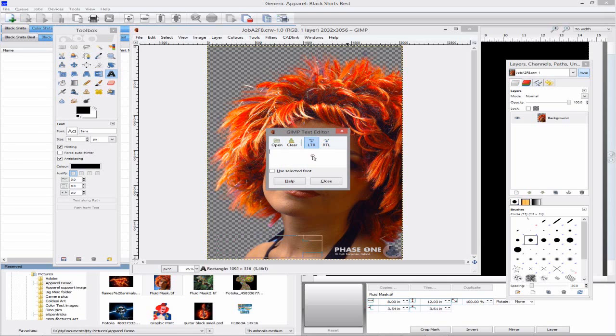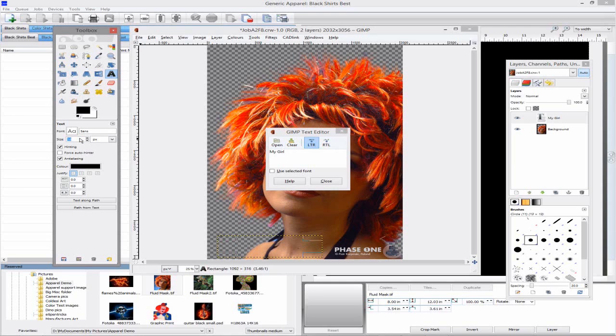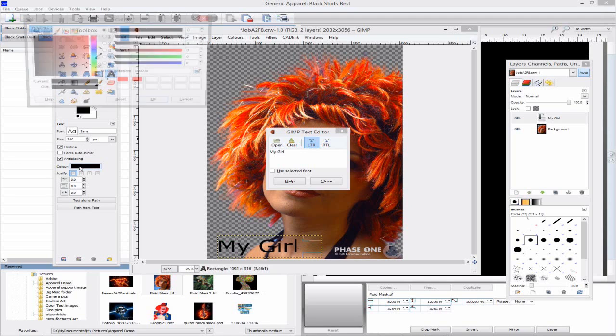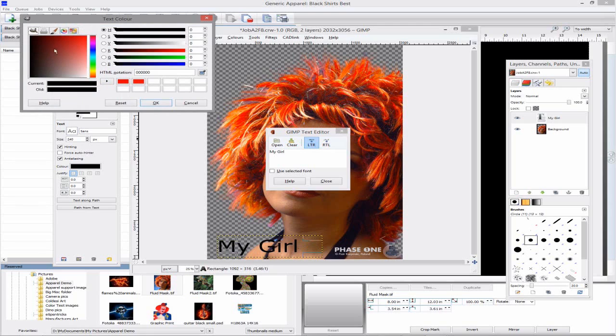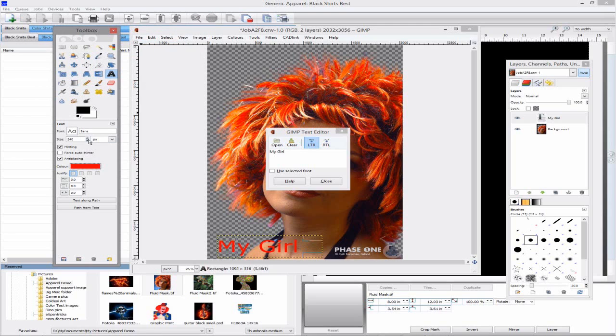add my text, select my font size, color, and font,